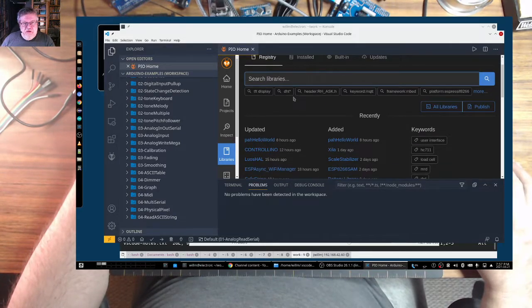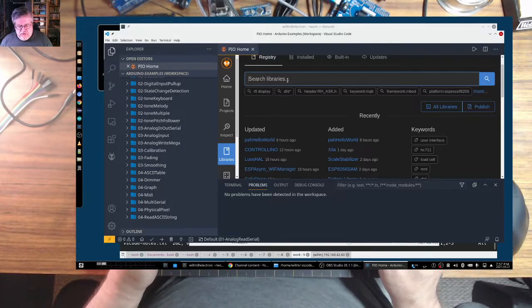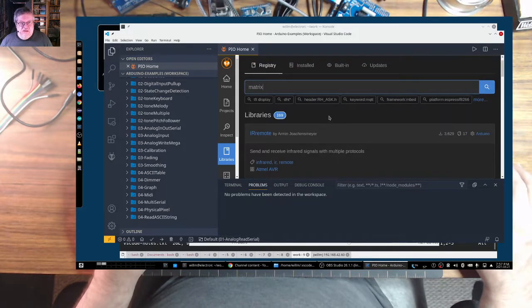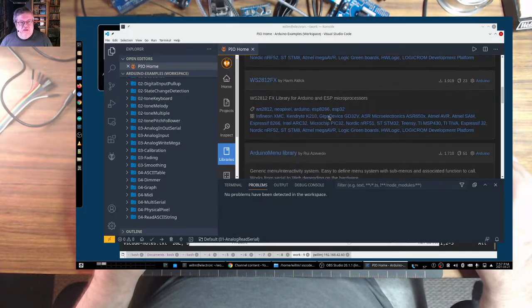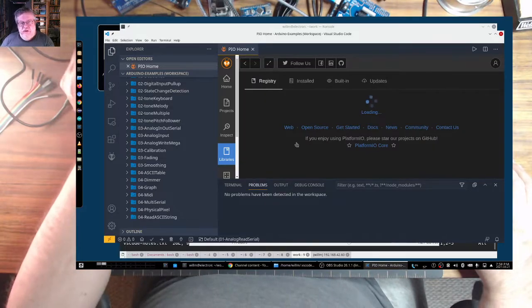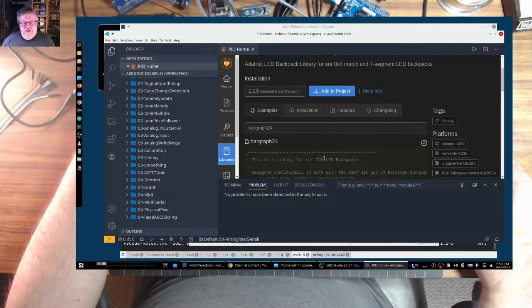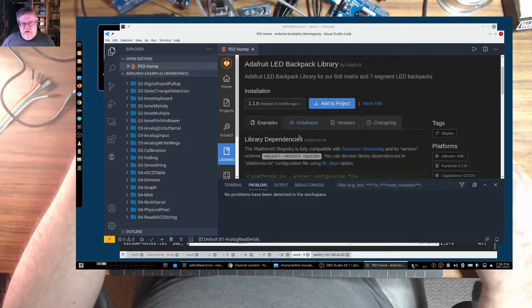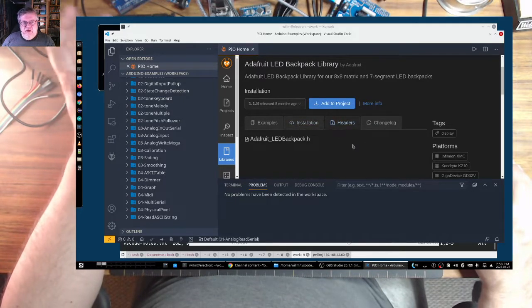So, you know, if you do something more stockish, let's say the matrix. Nice. So let's say this library right here. As you can see, examples, how to install it, any headers, yada yada, stuff like that, and version and when it was last released. Now this thing also taps the Arduino IDE, this guy over here,